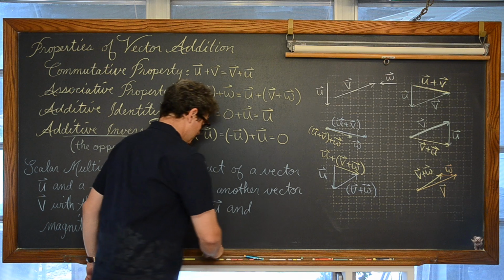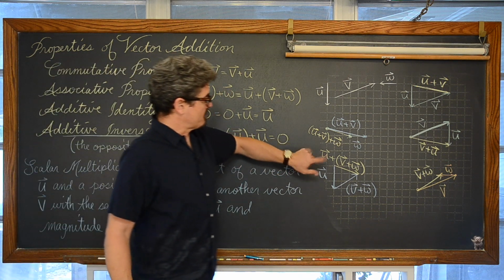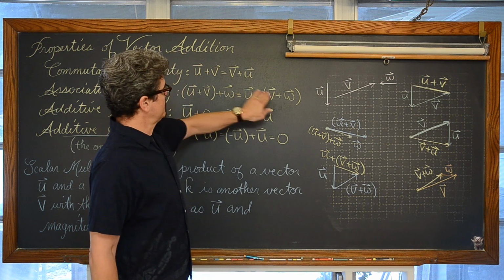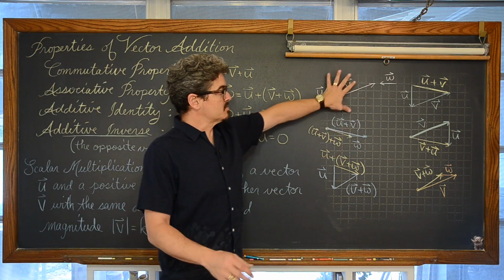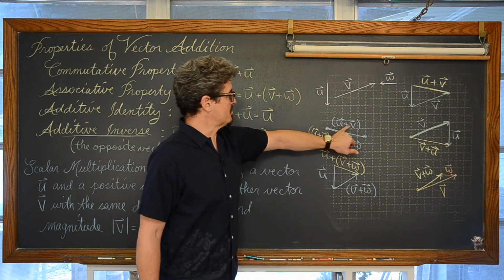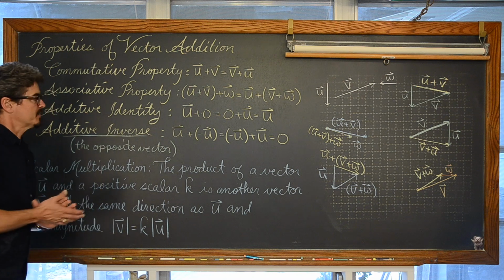Now this again is not a proof, but just as an example of what's going on here, we have our final resultant. The left side and the right-hand side of this associative property has a vector, at least with this specific example, that goes over 3 down 1. So it's an example of this property in play.